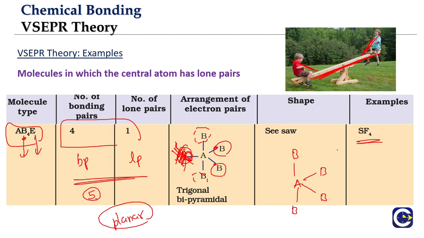So the example of a molecule for this is SF4. So what is SF4? Sulfur is bonded to 4 fluorines, which means you'll have 4 bond pairs. This is not the geometrical representation, I am just trying to give a rough idea. After forming 4 bonds, sulfur will have its own lone pair. So 4 bond pairs and 1 lone pair. The arrangement of the valence electron pairs is trigonal bipyramidal. But when it comes to shape, we will not be able to see the lone pair of electrons. We will only see the positions of nuclei. Hence the shape we see here is almost a seesaw shape.